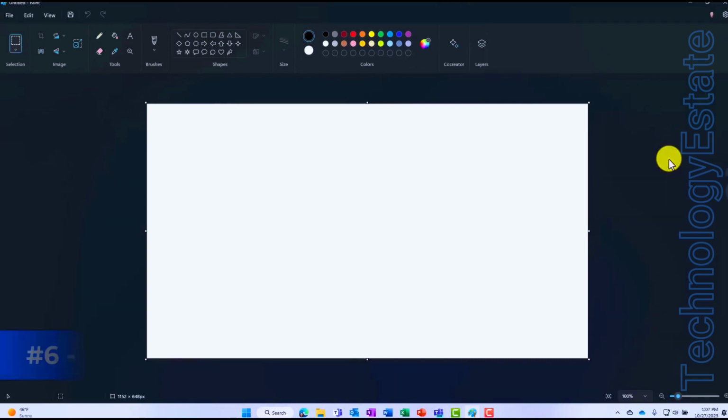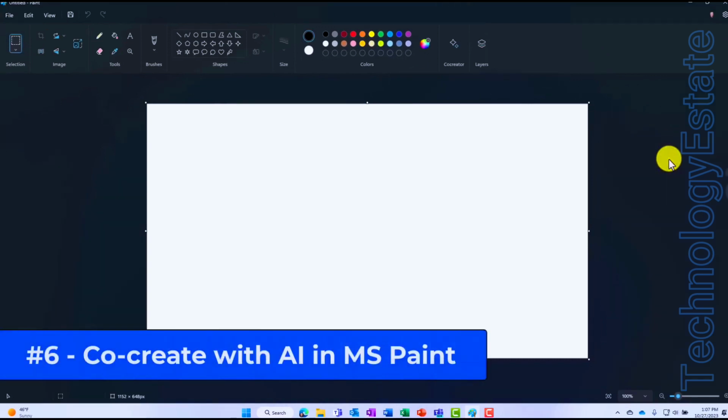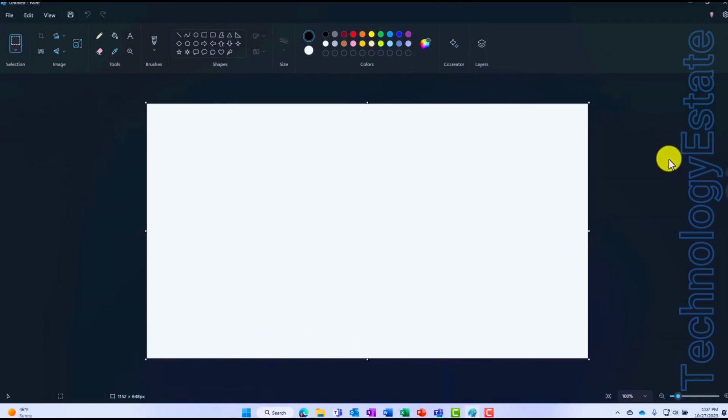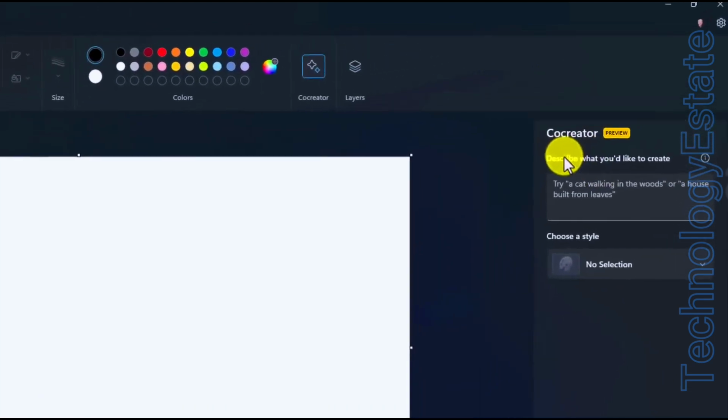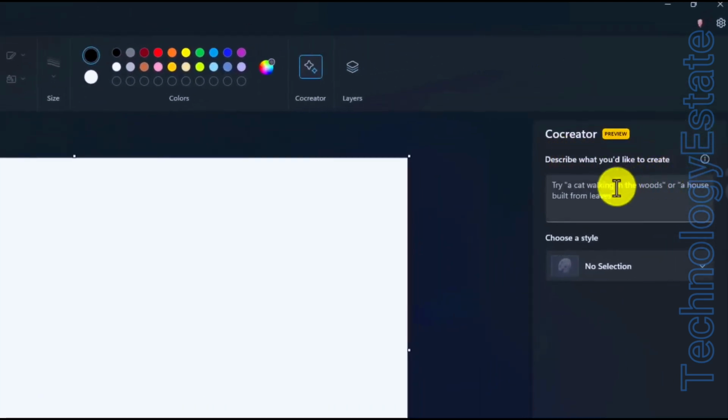And the sixth feature is co-creation with AI in Paint. And we're going to do some co-creation with AI and Darth Vader. So I will go on to Co-Creator right here. And it says describe what you'd like to create. And this is just like some of the generative AI you've probably seen like DALL-E. What I'll do here is have a picture of Darth Vader in a nice green meadow. And you can choose a